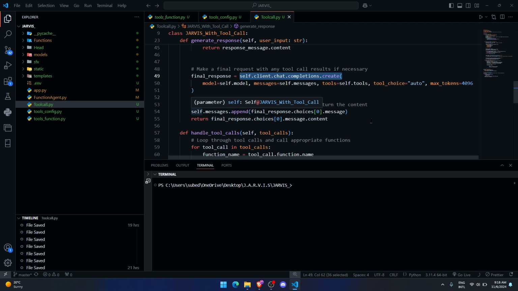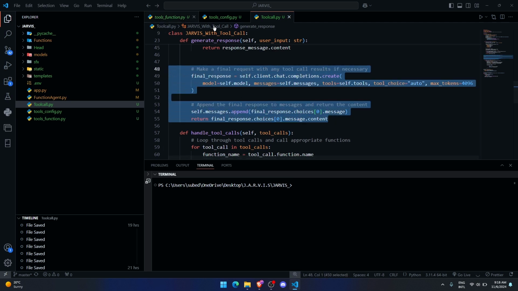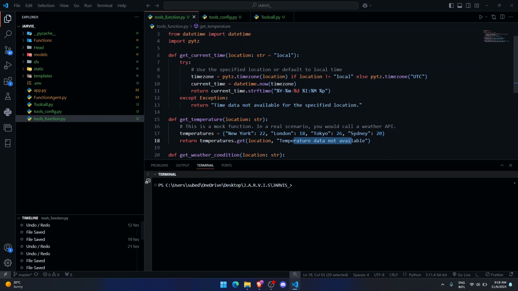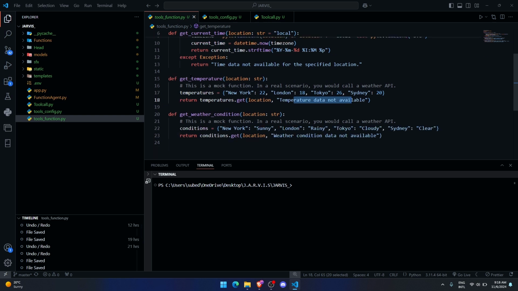So here's what is happening. Let me show you the tool function. Whenever I call the function get_temperature with the location New York, it will return me 22 only. So whenever I ask my AI, can you tell me the current temperature of New York, it will return me 22 only, which is not in a proper form. I don't want the AI to return the data like that. I want it to return something like, the current temperature in New York is 22 degrees Celsius,